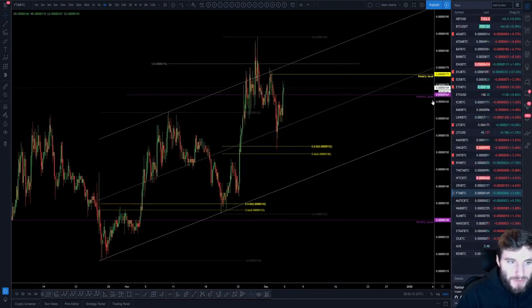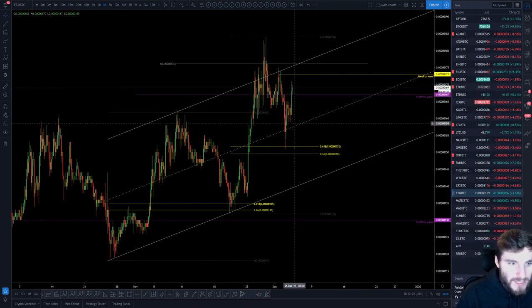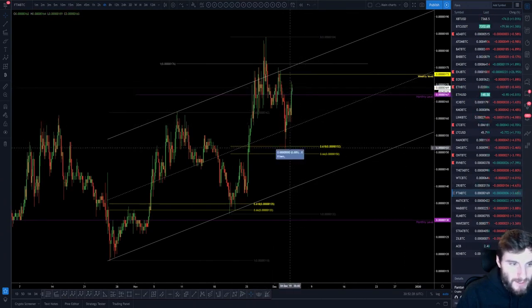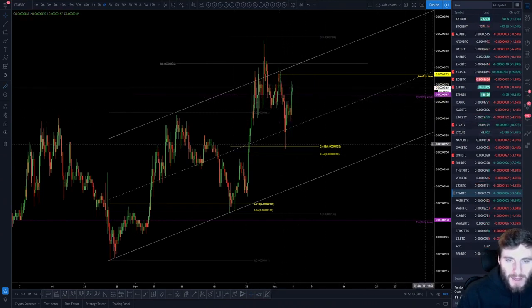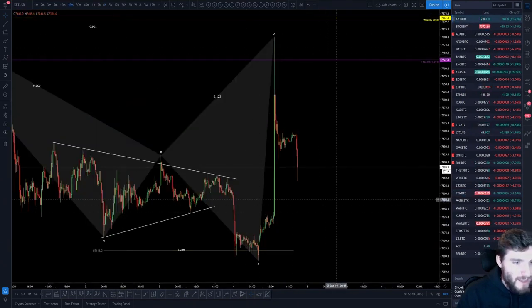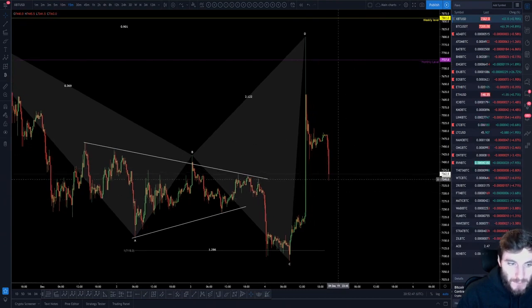Well, you've got the monthly coming into play, 167 sats if you want to be aggressive. Obviously, that would have been your best at 152, but it's unlikely you get another retest. Yeah, around the monthly 167. I'd say you want to wait out for this daily close. This has moved 10% in the last 2 days, so you're probably going to consolidate around this monthly again. But well, look at Bitcoin. It's literally dropping right now. So if this volatility maintains in Bitcoin, then alts are more likely to struggle. Okay, so they are much more likely to struggle.